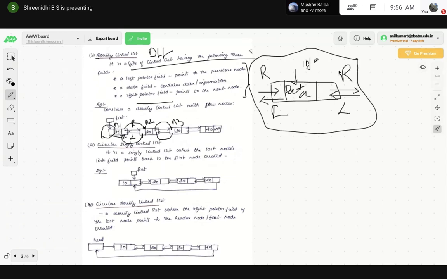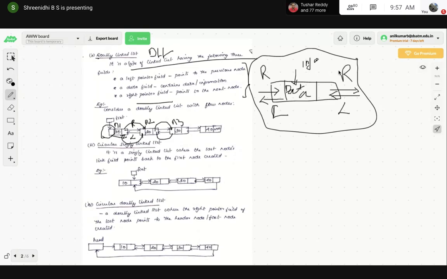Okay, we'll go for the circular linked list. This is something different. The next concept we have is the circular linked list.